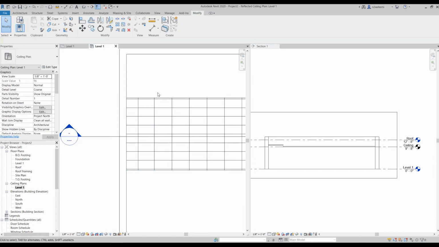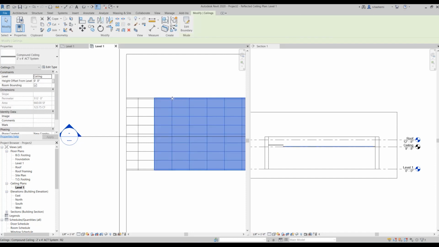Now, I want to show you how to delete a ceiling, and that's kind of tricky, but not hard at all. With the first click on a ceiling, and actually on this pattern, you are selecting the grids and not the ceiling itself. In order to select the ceiling and delete it, you need to move your cursor just near the perimeter, and you can use the tab key as well. And when it's highlighted, just select it. Then if you want to delete it, just hit delete.